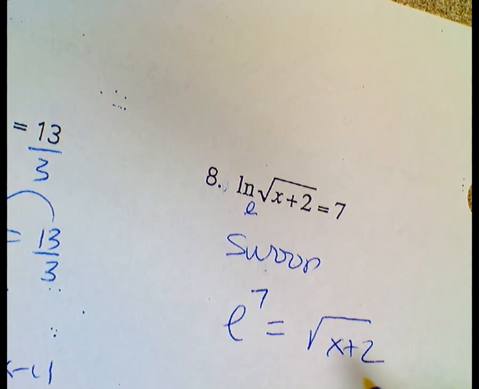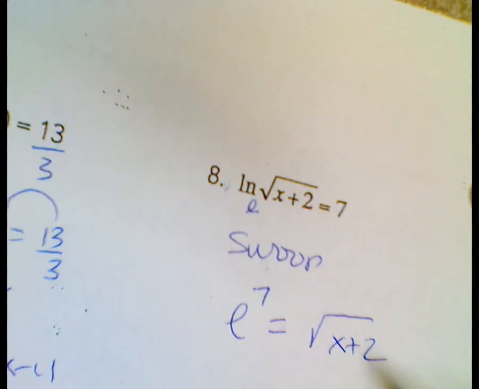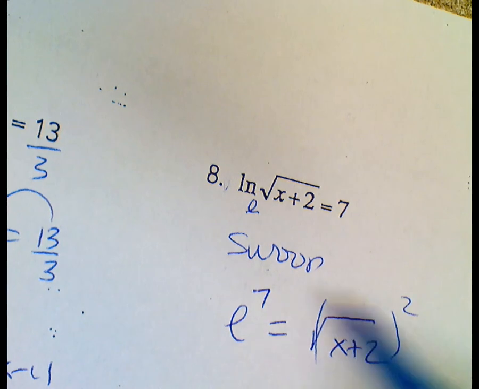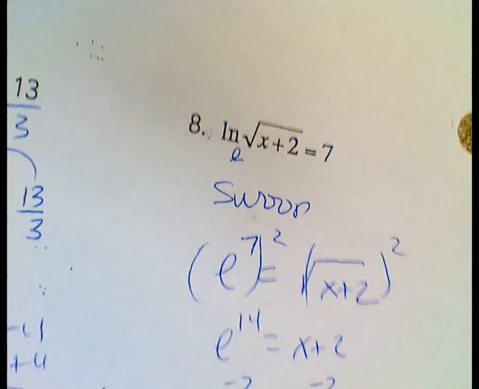Now, we need to square both sides to solve for x. Square both sides. So this is e to the 14th equals x plus 2. Subtract 2. So e to the 14th minus 2 equals x. So e raised to the 14th